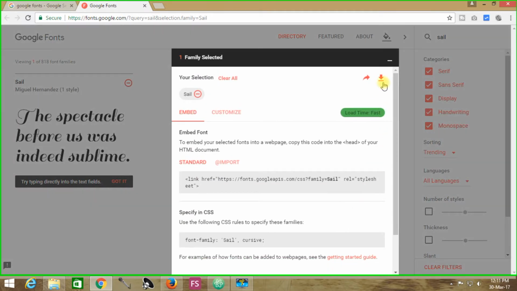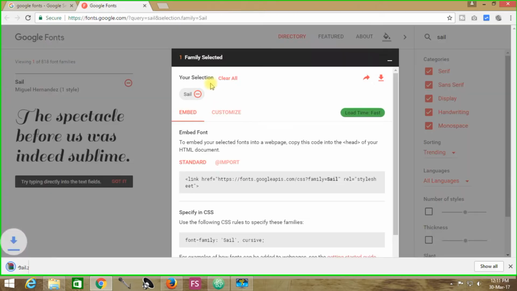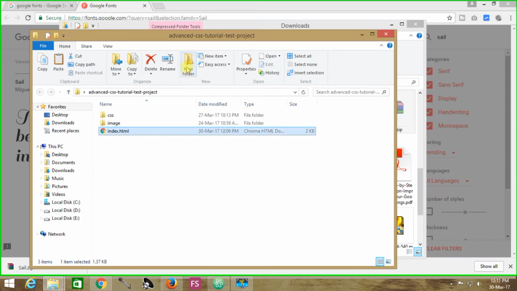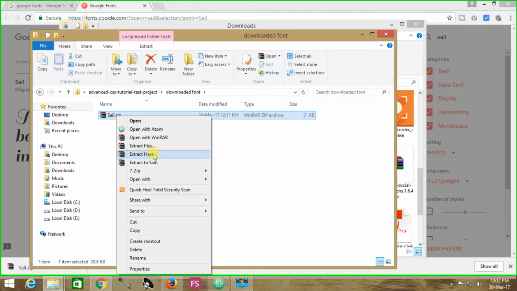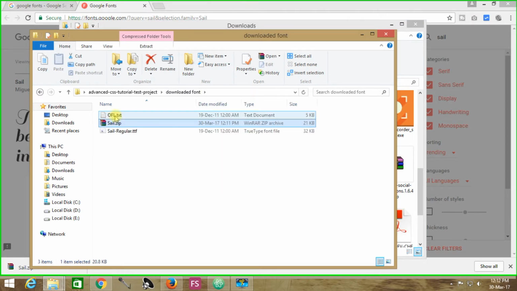Another thing, you may download this font directly onto your computer and then use it in your project, but remember, if you download this font from Google onto your machine, it will be downloaded as extract files, and you may see that this sailregular.ttf is actually a TrueType font that has been downloaded to your computer.